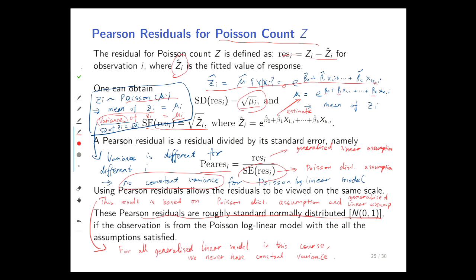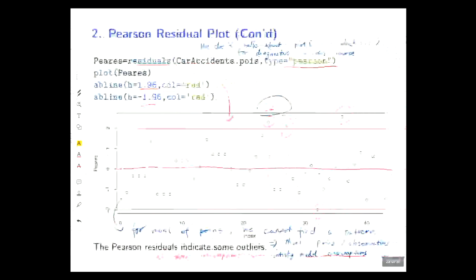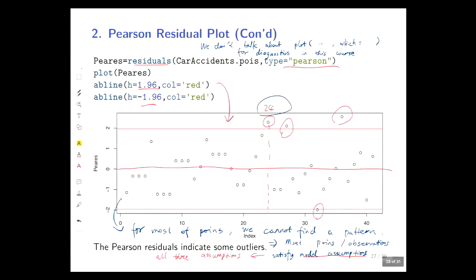And also because we consider a lot of residuals, when we look at this pattern, we try to find a pattern, and here we cannot find a pattern. So to some extent, we also check the independence assumption, which